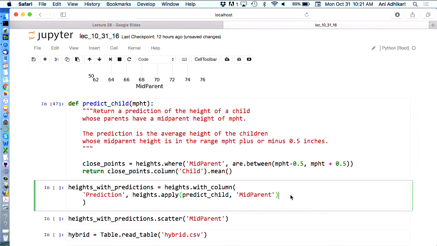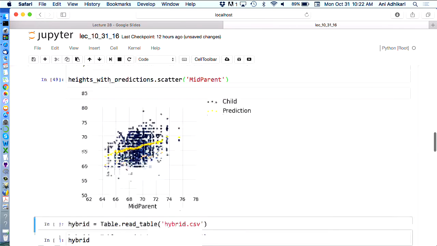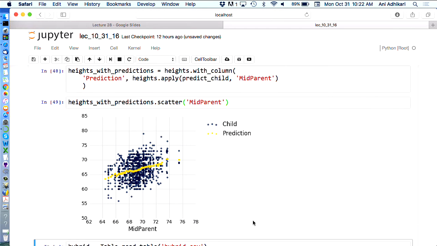All right, so we are going to do this prediction, and notice it chugs. Why does it chug? It's making a table each time. It has 934 mid-parent heights, for each of which it is selecting the rows that are close and making a prediction. And so it takes a little bit, and it's done. And that's the scatter diagram that was on